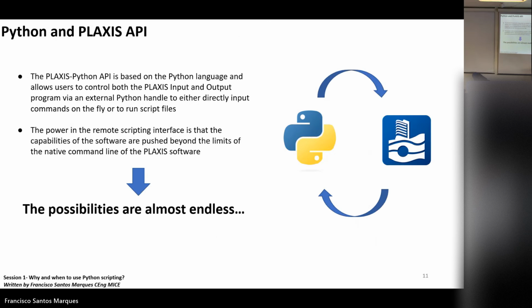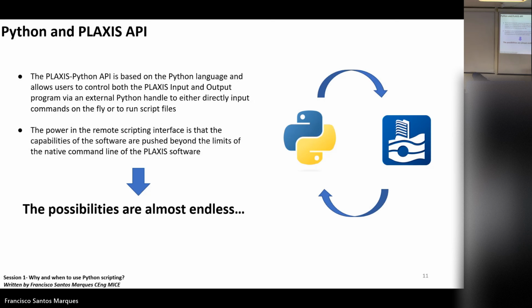So now let's move on to Python and Plaxis. Okay. The way we connect Python to Plaxis is by using an API that comes with the software. In the software it is called the remote scripting server.